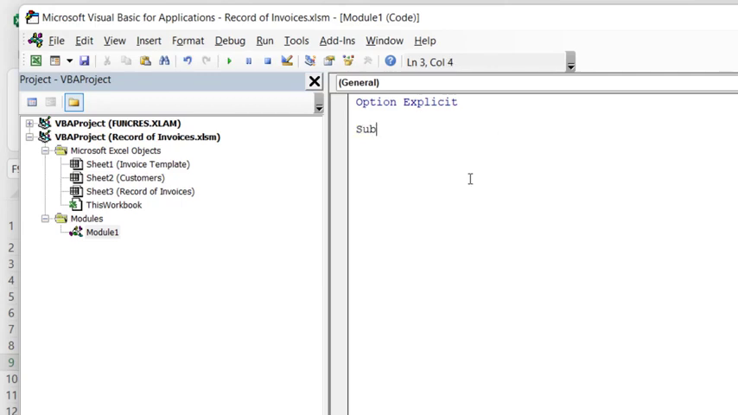Now we're going to call this macro RecordOfInvoice. So the first line of code is Sub RecordOfInvoice, open bracket, close bracket, and that will create an End Sub line for you. We'll just create some space between those two lines. Now we've got to declare a variable for every piece of information that we want to capture from the invoice. So we'll start with the invoice number. I'll say Dim InvoiceNumber